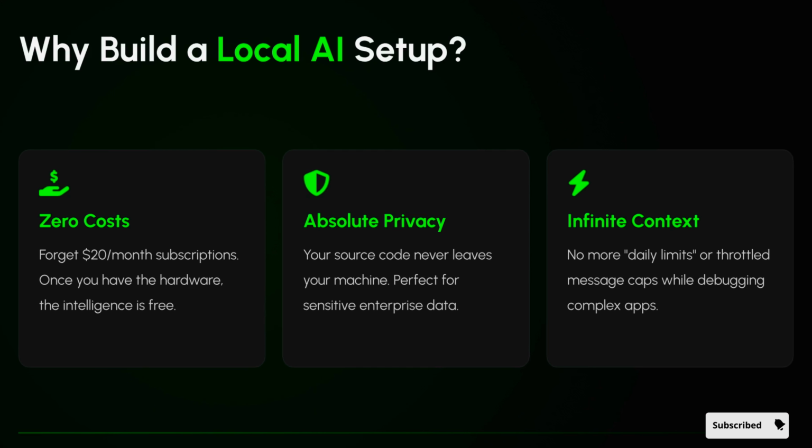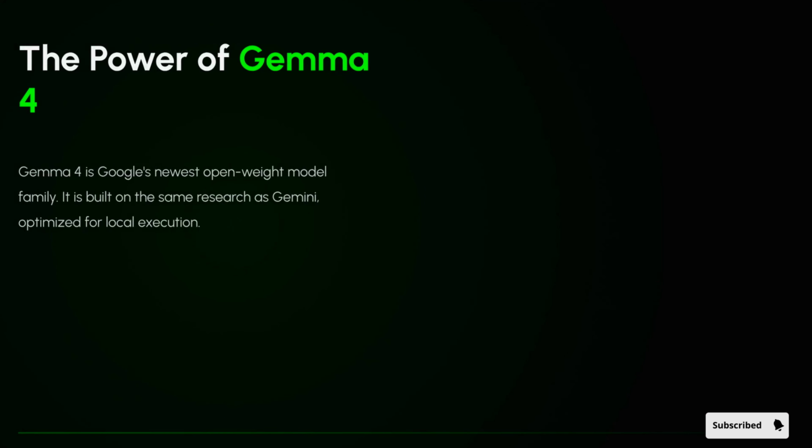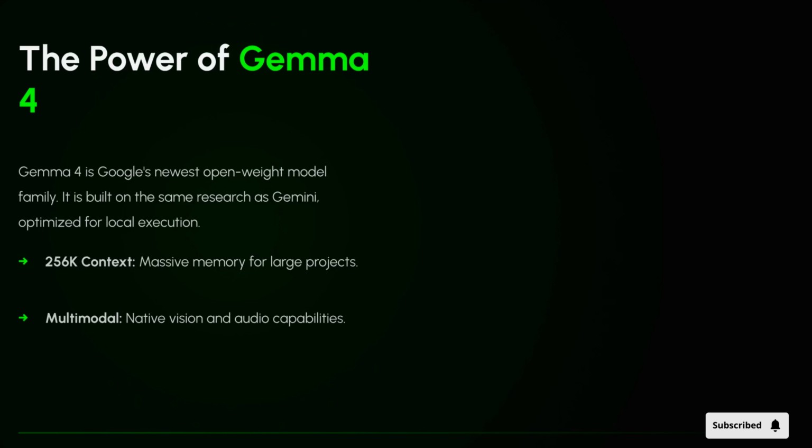Why build a local AI setup? The benefits include zero costs, absolute privacy for sensitive data, and infinite context, eliminating daily limits and throttled message caps. Gemma 4 is Google's newest open-weight model family, optimized for local execution. It features a massive 256K context, multimodal capabilities for vision and audio, and a permissive Apache 2.0 license for all